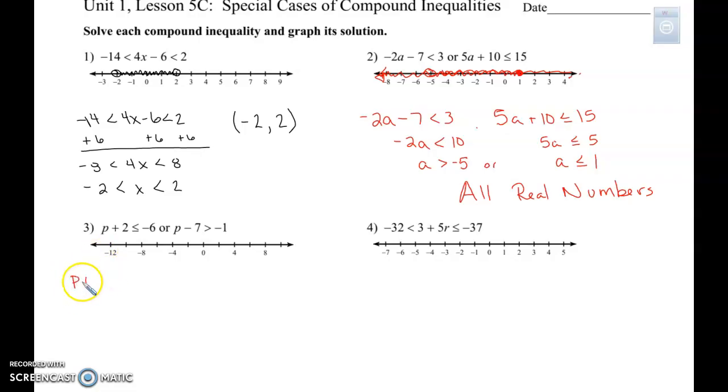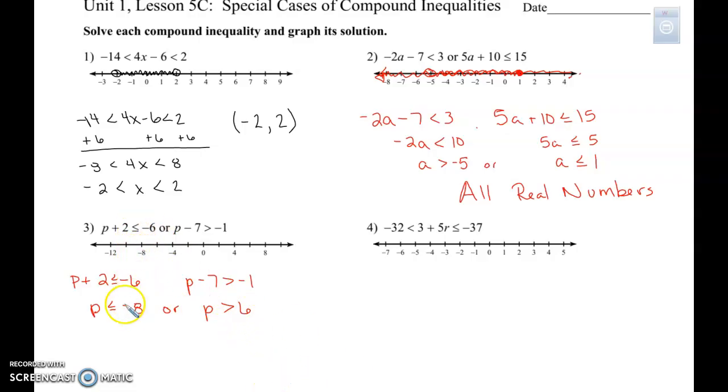So we have p plus 2 is less than or equal to -6, and then we have or p minus 7 is greater than -1. Solving this, subtract 2 from both sides, so p is less than or equal to -8. And then we add 7, so p is greater than or equal to 6. This is an or, so as long as when we go to graph it, it goes opposite, that would be